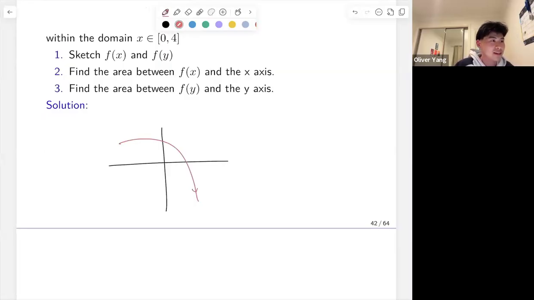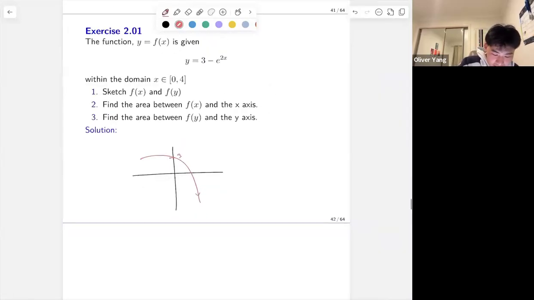That's what it is, and obviously its intercept is at 3. So there we go. Okay, we're going to find the area between the curve and the x-axis and also the y-axis,